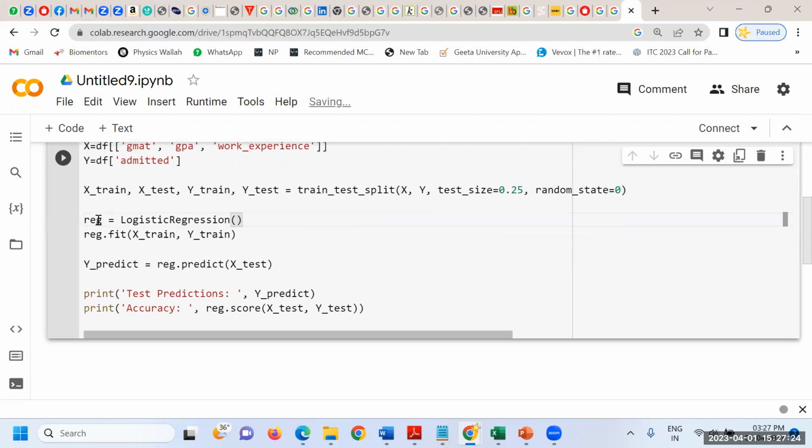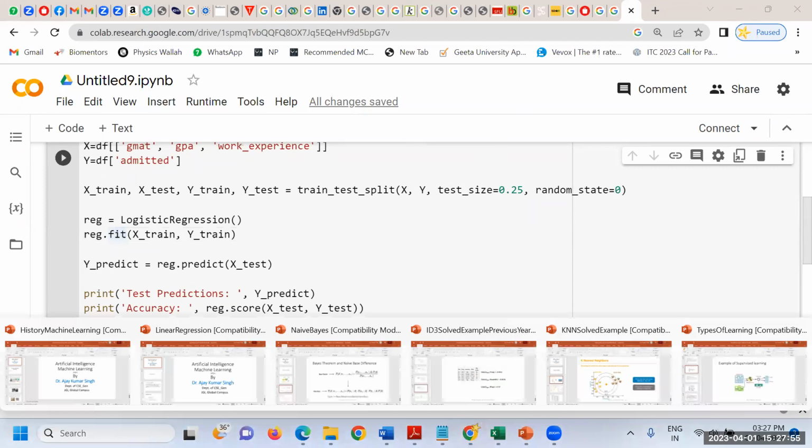Now, next, I'm going to take another variable, REG, regression, logistic regression. For linear regression, we just write linear, and it is going to work. And then we are going to use the fit function. Why are we using the fit function? Because it has to give the minimum error. Suppose I'm going to create one line based on this scattered data. Which line is the best line? The one for which the root mean square error is minimum. So let me show that.